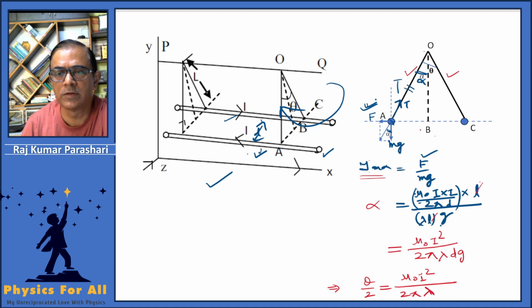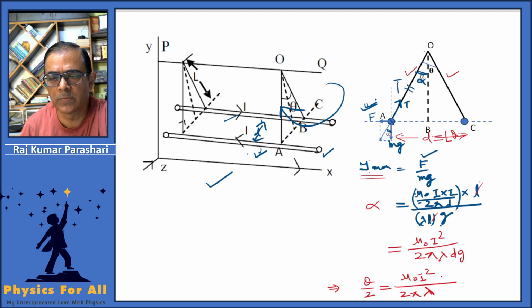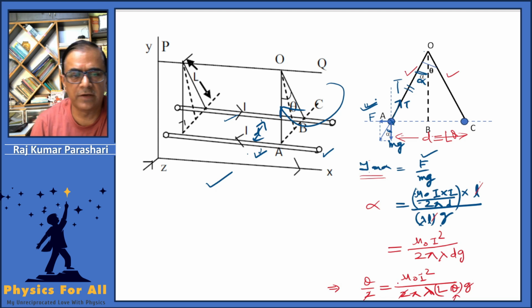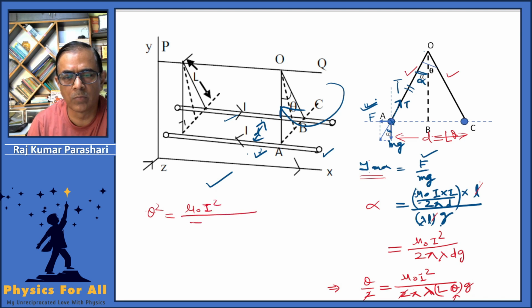Now you see this separation d can always be rewritten as L into theta. So this is equal to L into theta times g. 2 and 2 will cancel. This theta can be brought on the left side, and hence theta square is equal to mu naught I square upon pi lambda